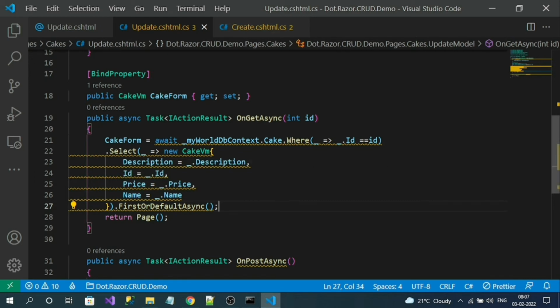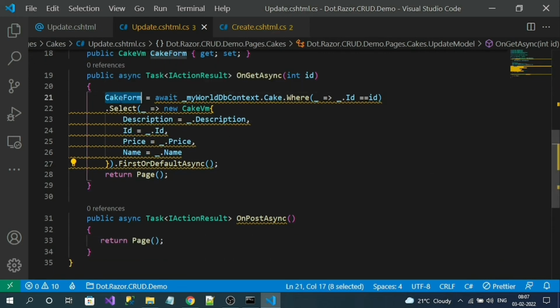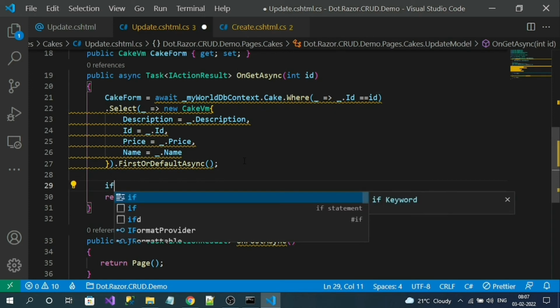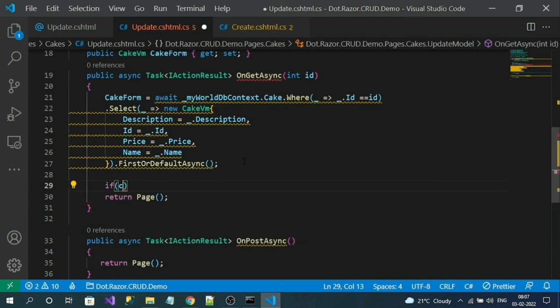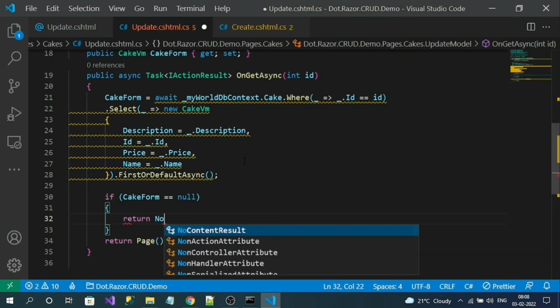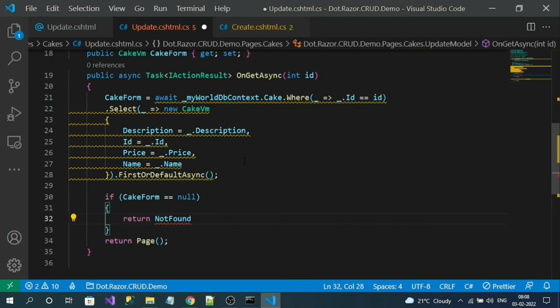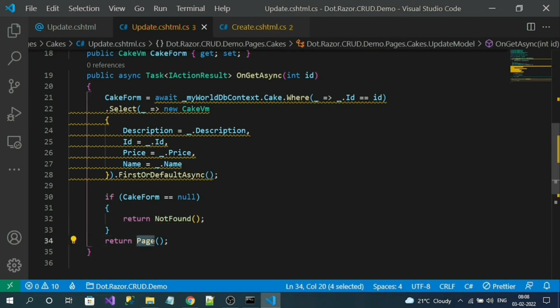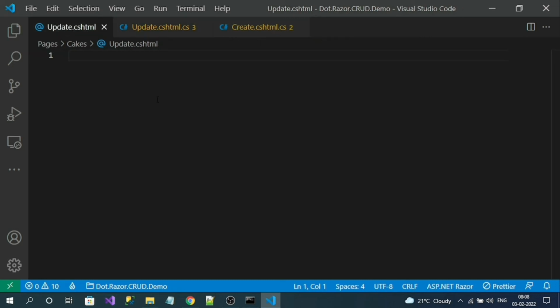So we are dumping our record into our cake form model. If we get no data, then we have requested an invalid record to update. In that case, we can return not found, or else return page. Return page is nothing but it maps to our update HTML page. Okay,